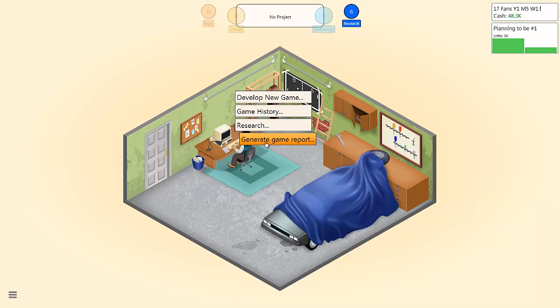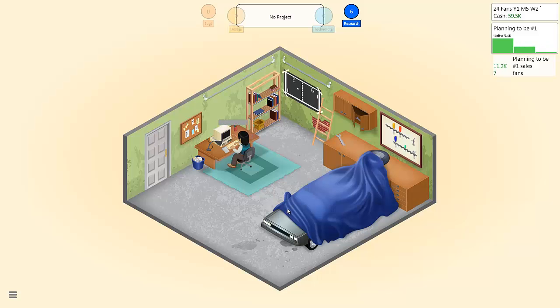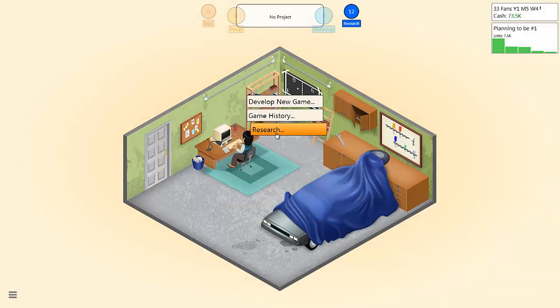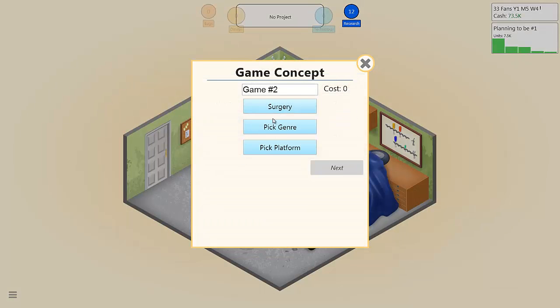17 fans, wonderful. It's up $48,000. Research surgery. Now that I'm done with surgery, let's generate a game report. What this game report does is tell you what's good and what's bad when you're developing a video game. So for example, the best example that it tells me is in a little bit, where it tells you what works and what doesn't work. And we're waiting for this. So business strategy, great. Graphic, not important for this type of game, which is kind of what I went for. But of course I still kind of flopped on that video game. Next one I'll do, let's do a surgery